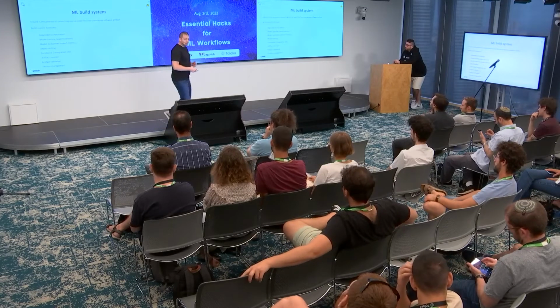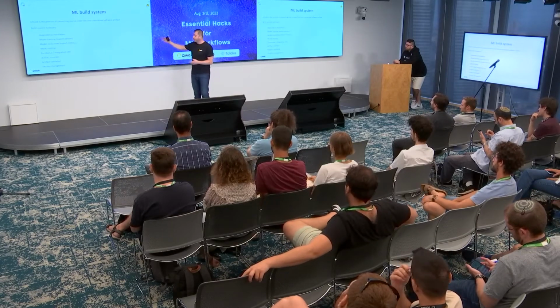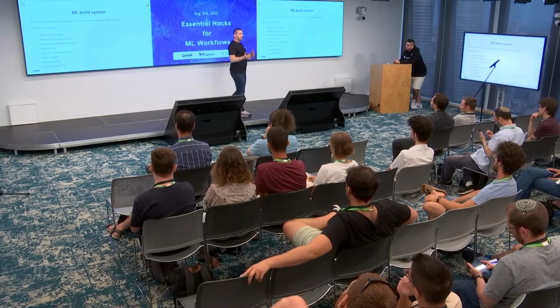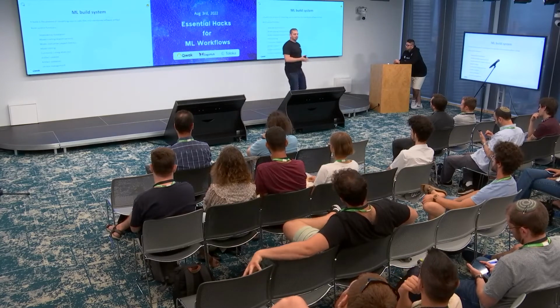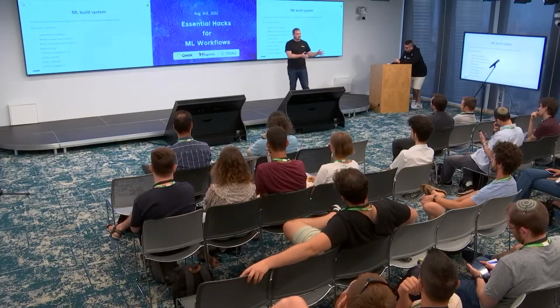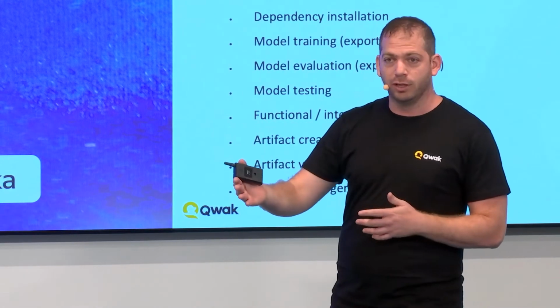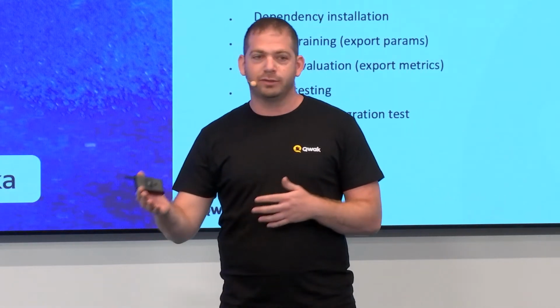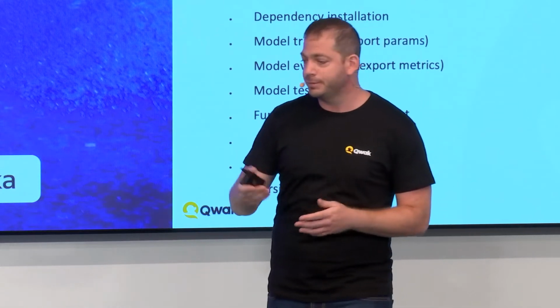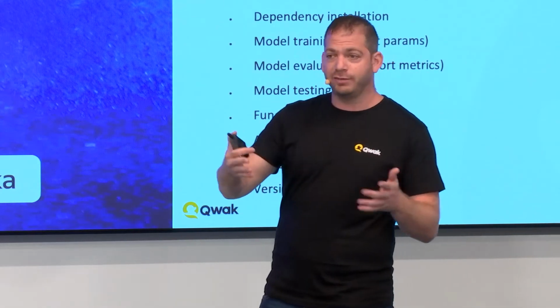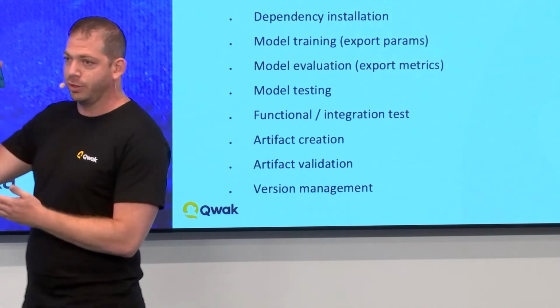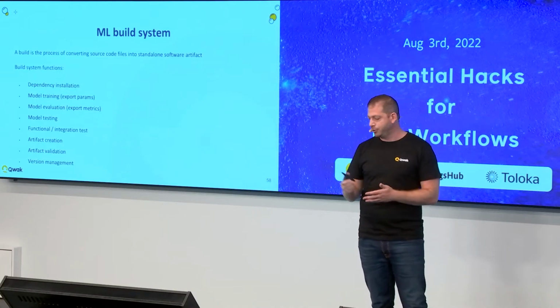Third is model evaluation. So that's something that data scientists usually do. Usually they save a data set to evaluate the model and make sure that the metrics are as you expect, and probably some of you are doing it. But you want to save this metric as well. You want to make sure that you understand what this specific version was.